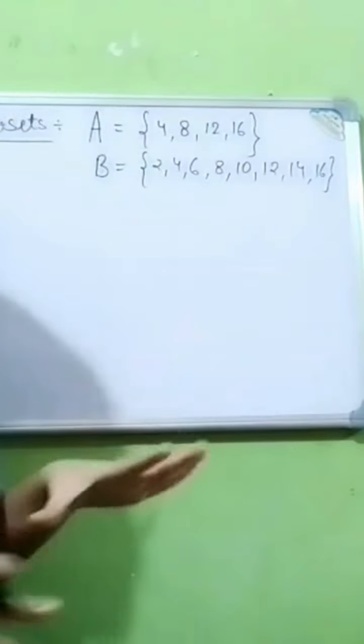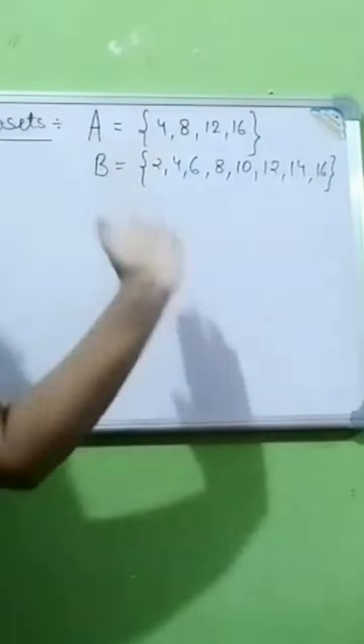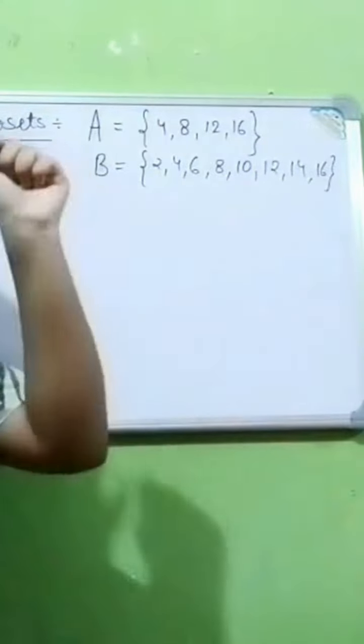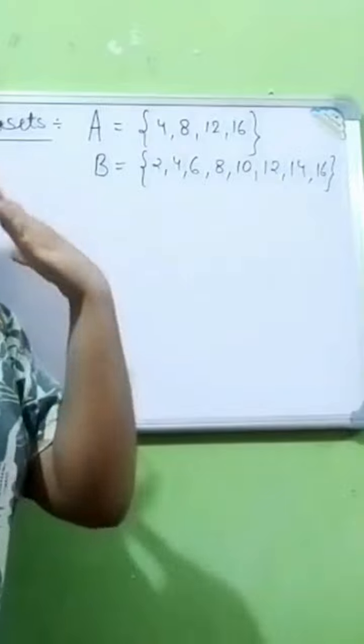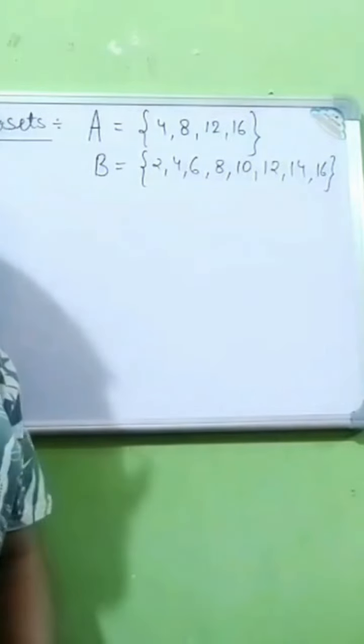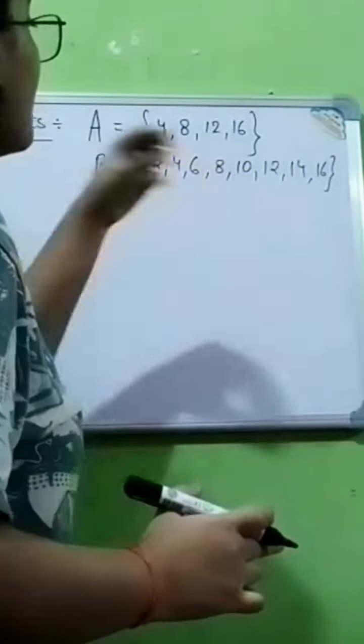So here set A is a subset of set B. Set A is a subset of set B. That means set A is a part of set B. When I am saying that set A is a part of set B, it means that if we choose